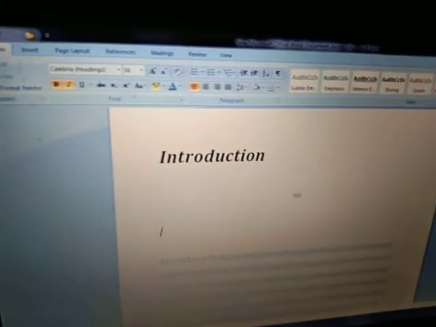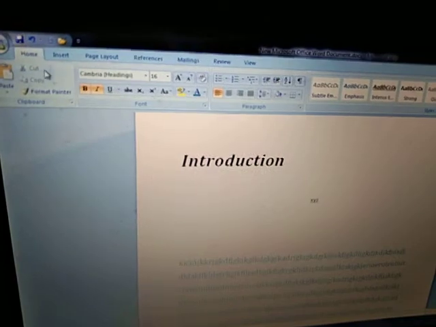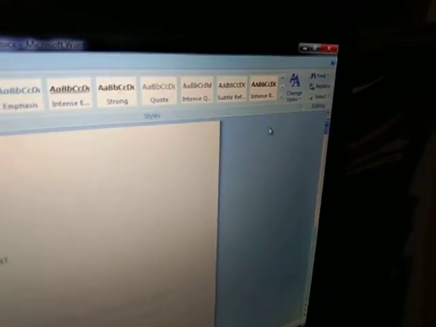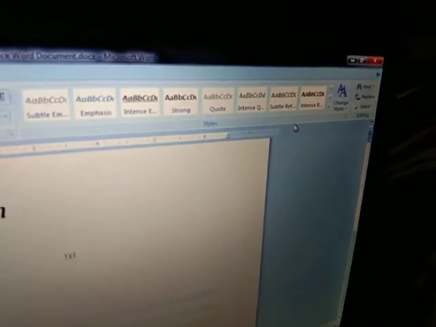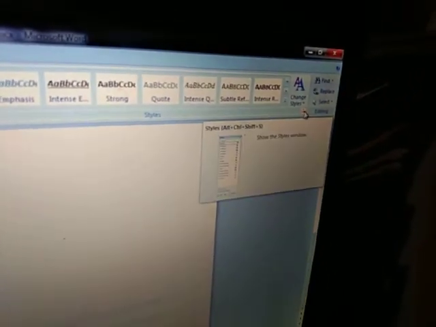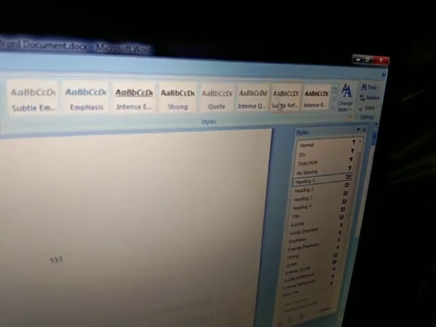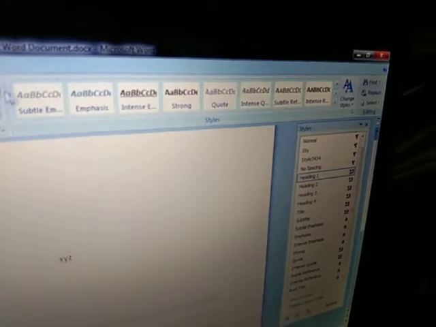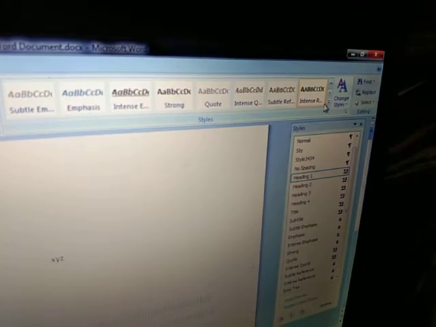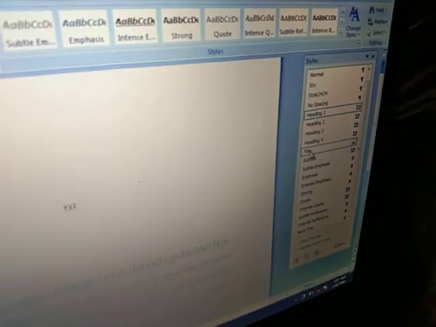For this, all the styles options are available on the home tab. Which group? Styles group. Now in this styles group, you have to create your own style. For this, click on this launcher button. Children, what we have discussed, that launcher button, whatever the operations are, we can do it from here. You will check all the headings, all these styles present here, they all are present here also in this list. So I want to, ma'am, create my own style.